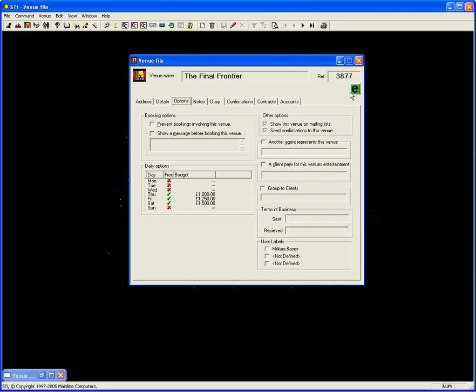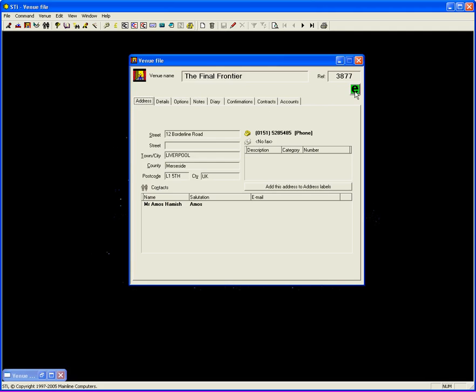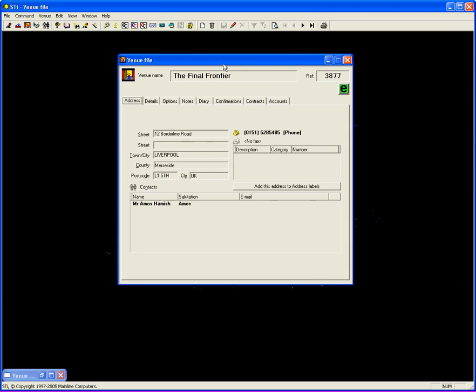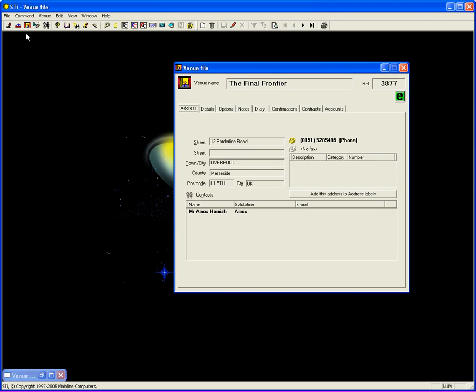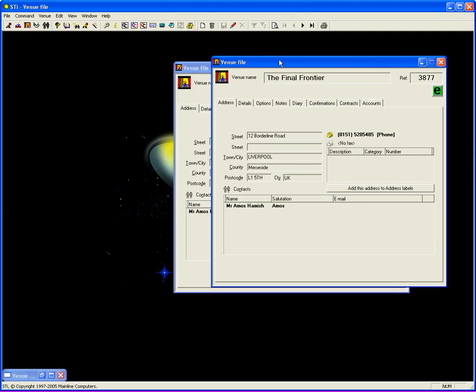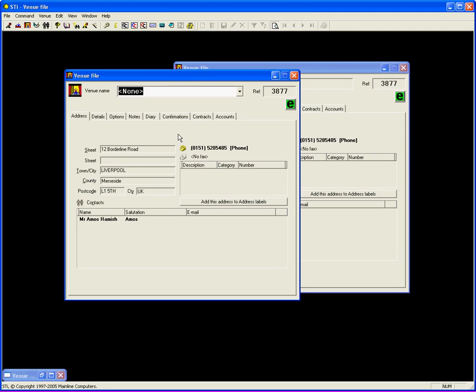The E button here will actually take us to the internet and bring up a map of exactly where this venue is, in case the act doesn't know. You wouldn't find this venue because it is a faulty venue, a dodgy venue. I put this one in myself, but if we look for one I've done earlier, we'll bring up a venue, we'll do a search, and we will search for